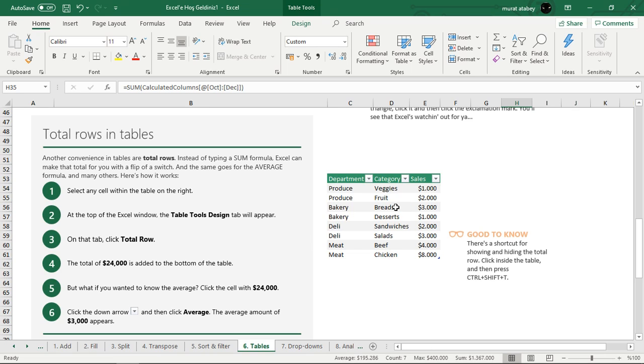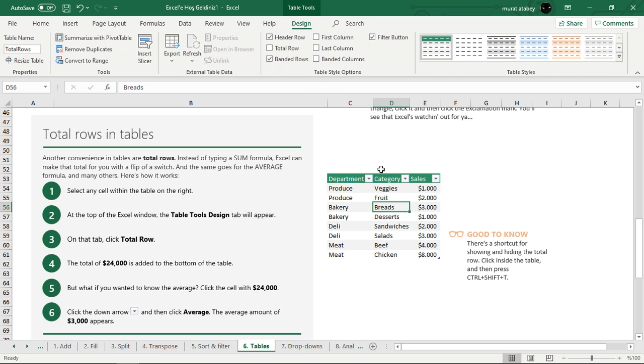Now, you can calculate the totals of the rows instead of typing a formula. Click one of the cells in the table and go to the Table Tools Design tab and select Total Row. It will add a row to the bottom of the table and you will see the sum of the sales